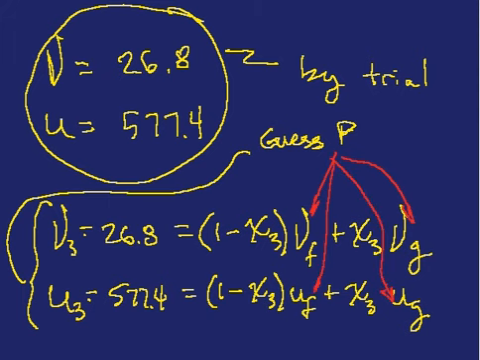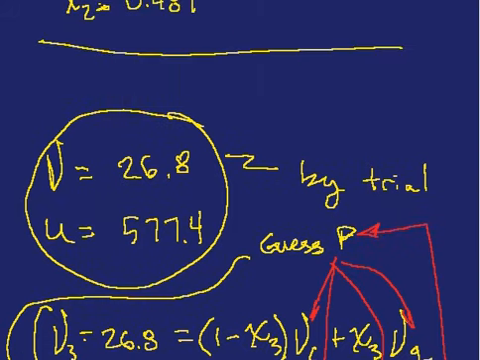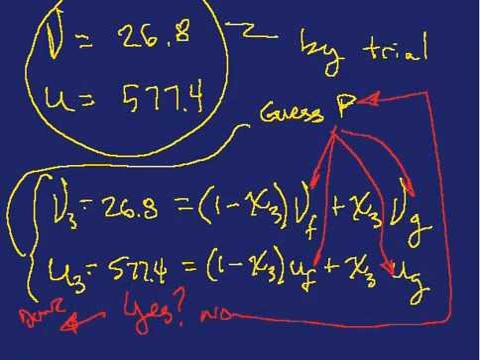And when you are done, does this V equal 26.8? Does this U equal 577.4? If that's true, then you've guessed the right P. Yes, done. If not, then you guess a new P. So basically that's a trial and error solution. Complicated to do, but the physics of the problem is fairly easy to understand. So I'll leave that one for homework. And the answer is,